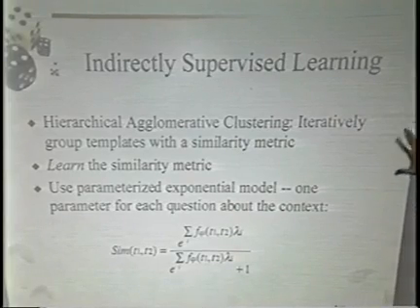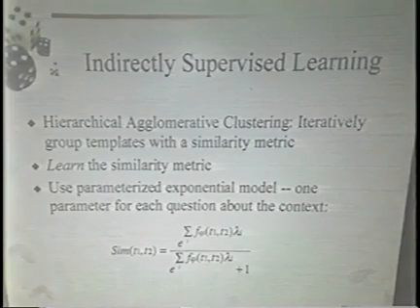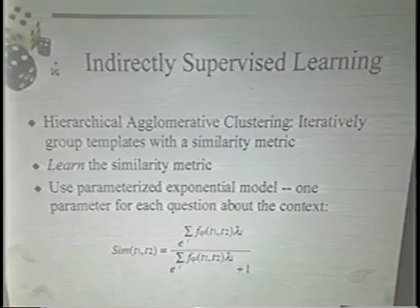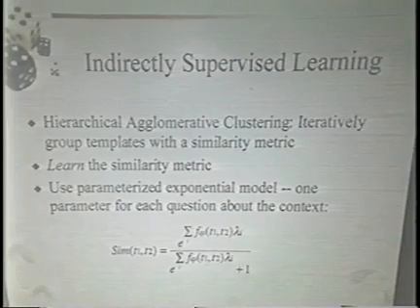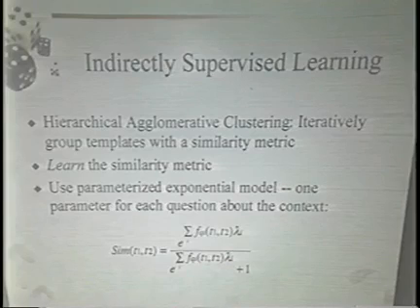So I actually borrowed this idea from the clustering literature, hierarchical agglomerative clustering, where you group things together iteratively in accordance with some similarity metric. Now here, similarity is being used in a strange sense, because I'm going to use that to group templates that are candidates for being merged. And when I cluster templates together, I'm actually going to go ahead and merge them. So all my sets that I'm clustering together at any given time are only going to have one element.